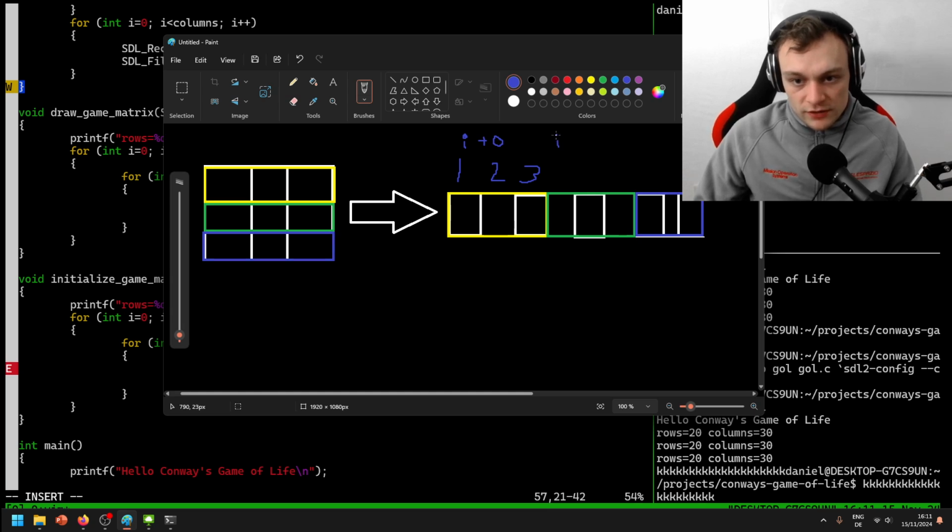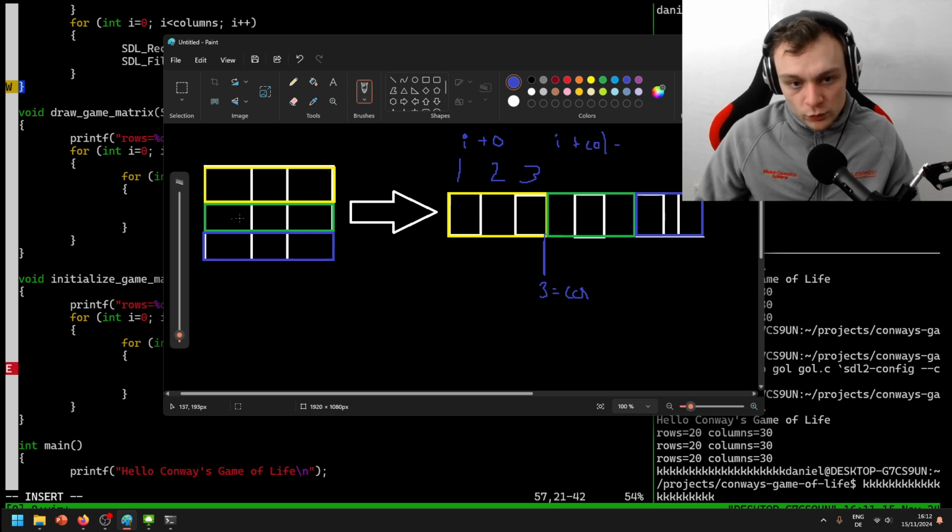So then these are going to be I plus, now we need to somehow find that offset, which is 3. That offset is the row size, no, the column size. Column, that's the column size